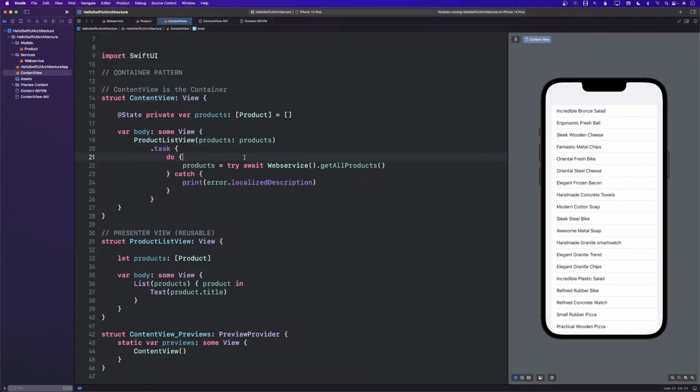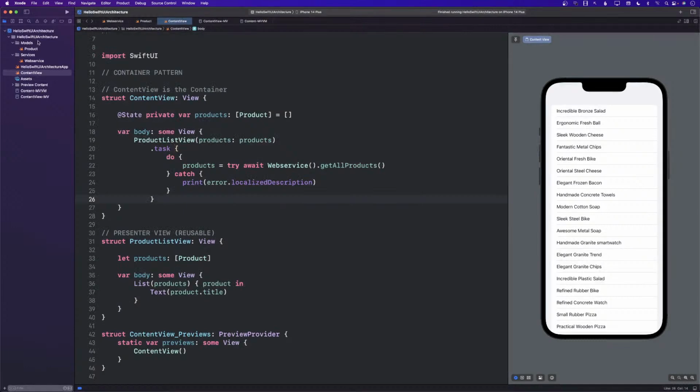Okay, so this is the container pattern. Any questions regarding the container pattern? It can be used for small apps, the apps that you don't really care that much about testing. If you care about testing, the only way you can test this is by writing end-to-end tests. End-to-end tests, although they are great and you should always write them, for testing these logics it's going to take some time to run those tests. If you have a complicated logic and you just want to run a unit test, it might take a while. So that's why it's good for small apps, but for larger apps it may not be the best solution.